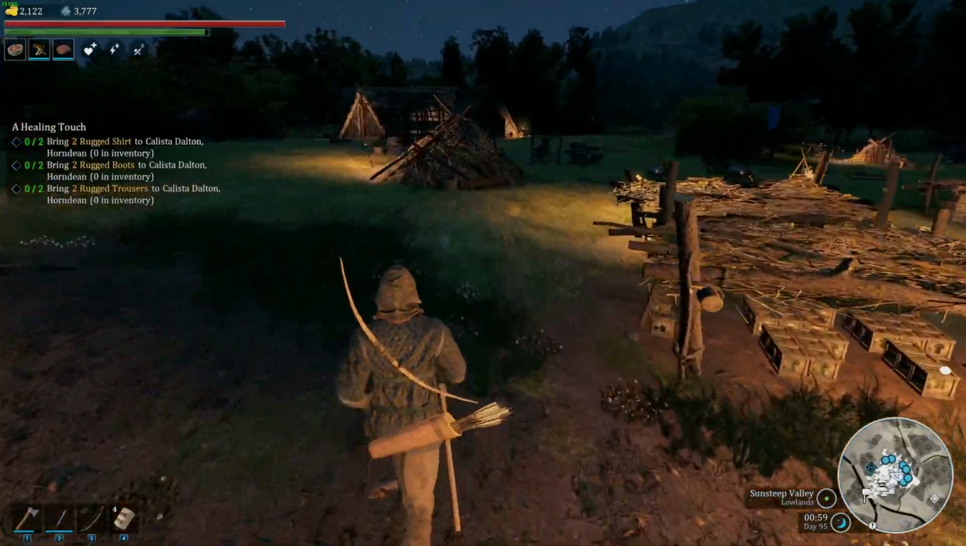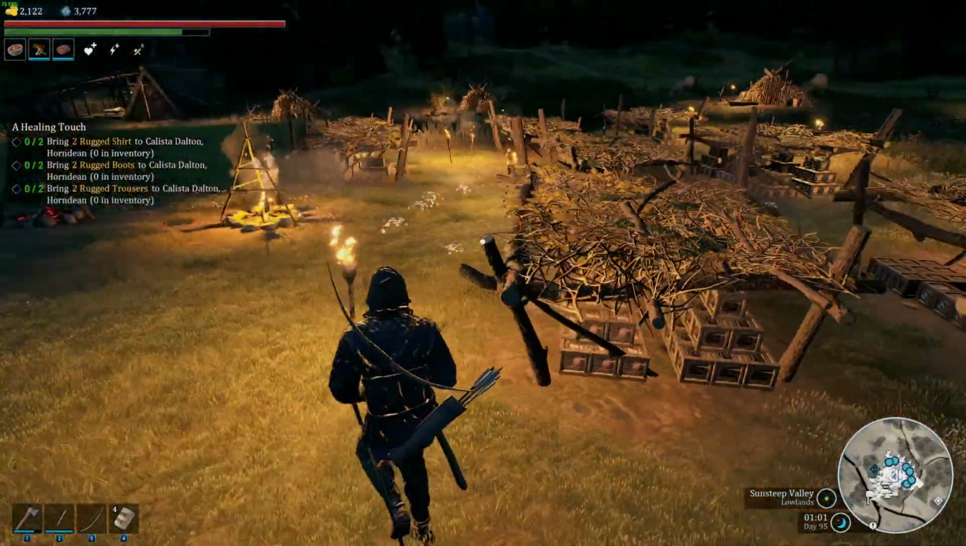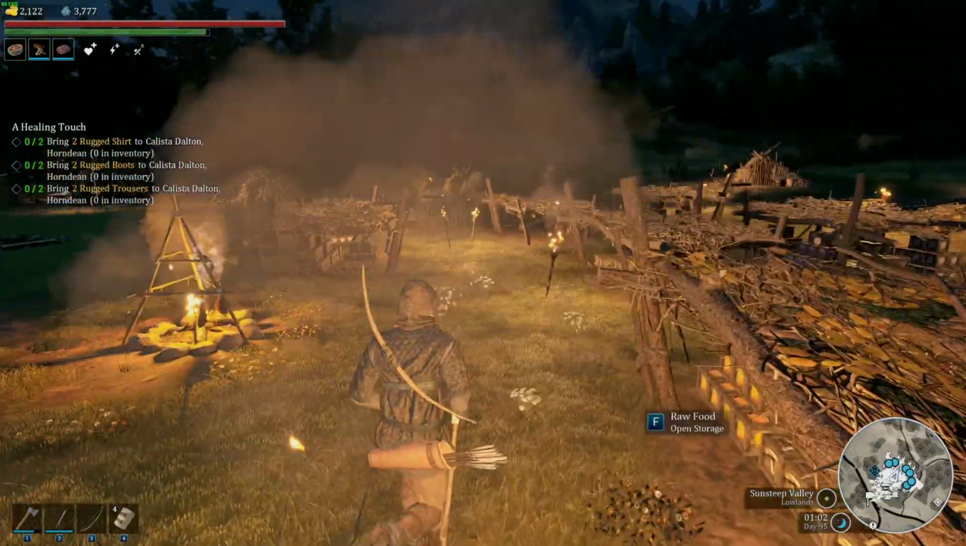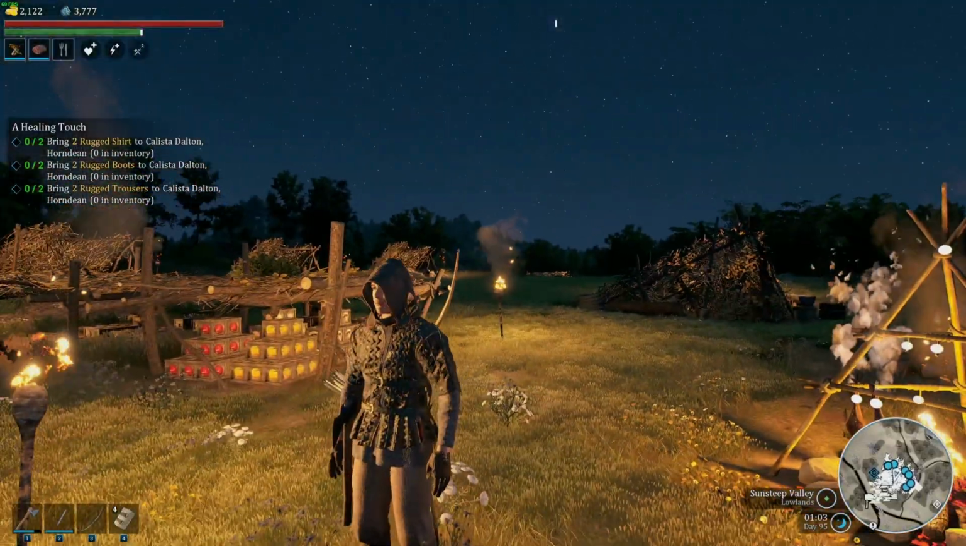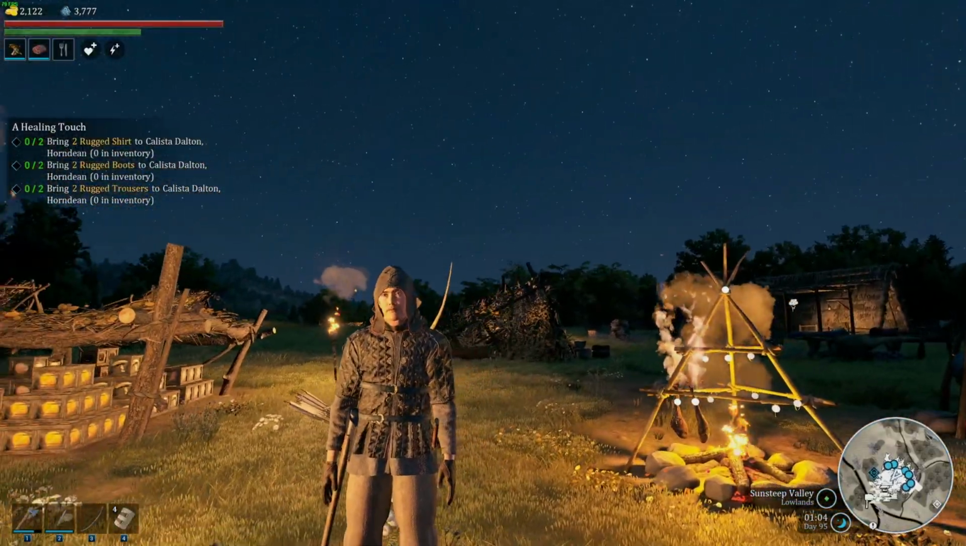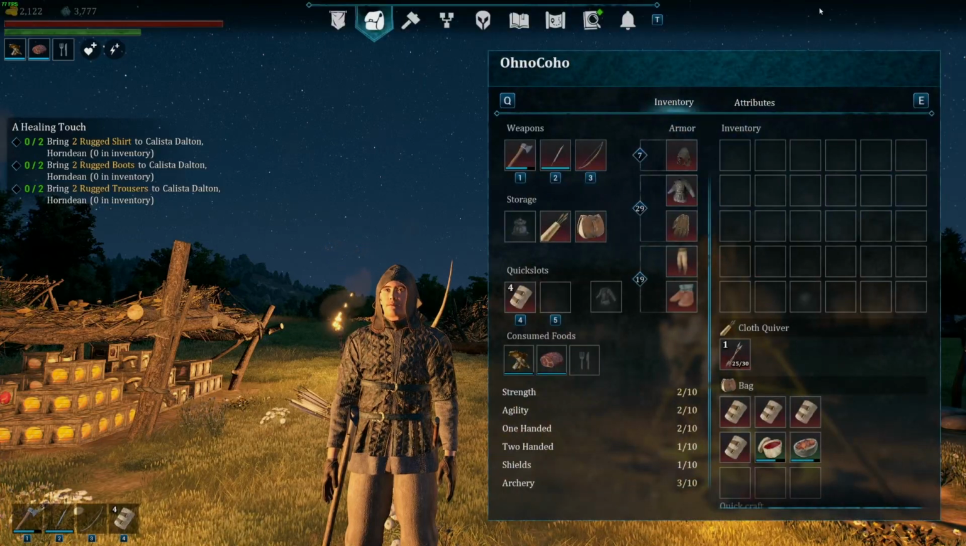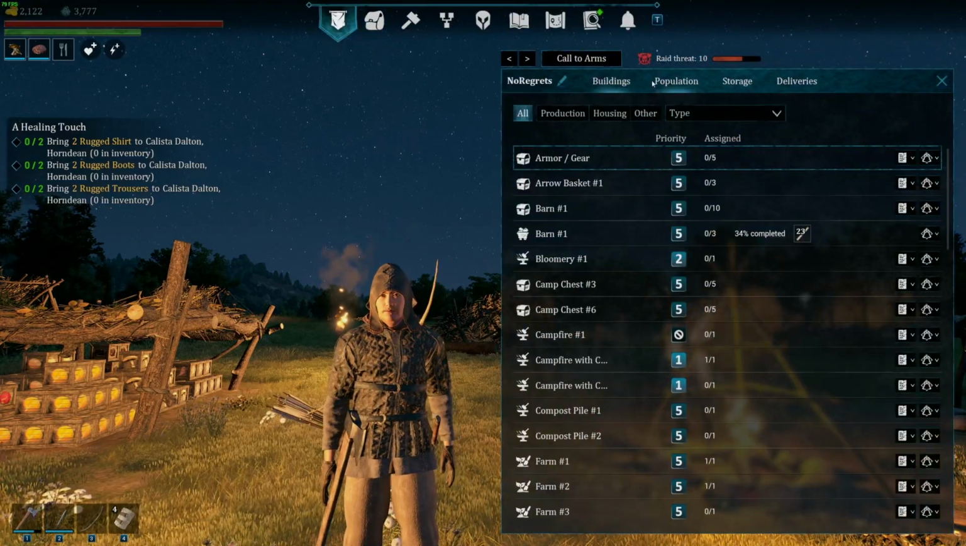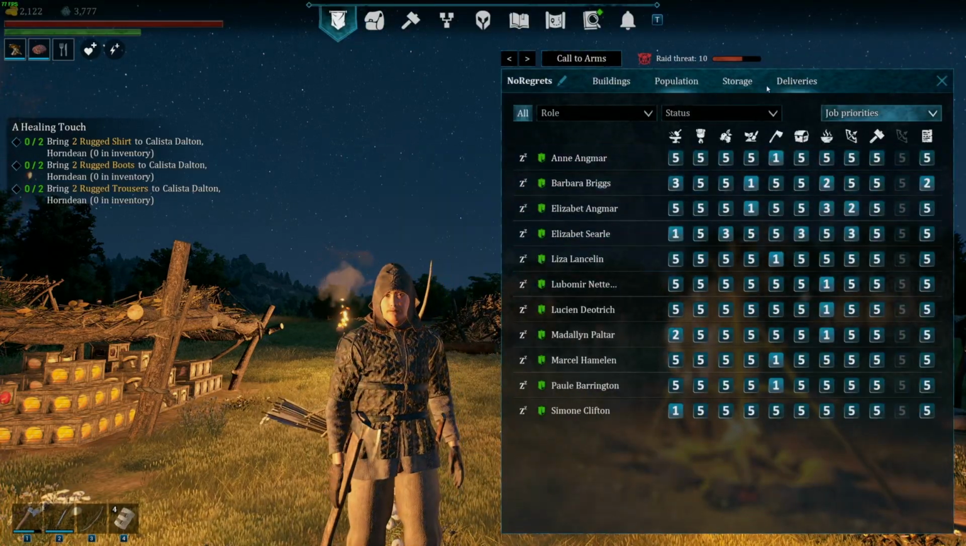Now, the other thing we're going to do, I know I'm just running around randomly looking at things, just trying to keep things from sitting in one place. The other thing we could do is take a look at our settlement. We could take a look at our population. And we can see that we have